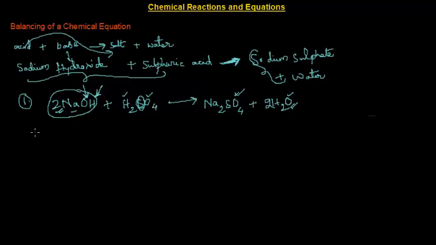So, the balanced equation is 2 NaOH plus H2SO4 gives Na2SO4 plus 2